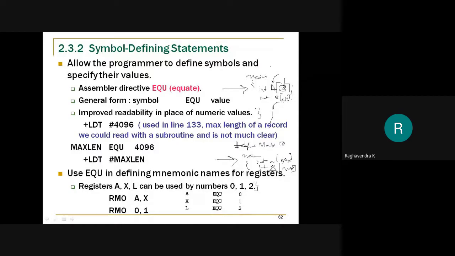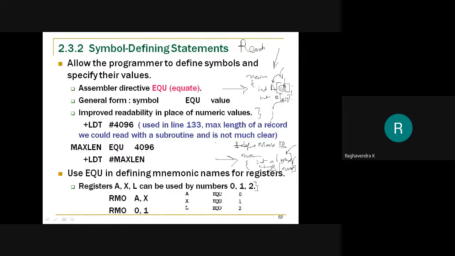But what is the difference between the first one and the second one? Okay, if you observe the first one and the second one, there is a difference in readability. Readability means if somebody goes through your program, they can understand that some maximum size has been defined and the size of the array is this. Of course, I can get that information from the first program also, that a is of size 10 and b is of size 10.